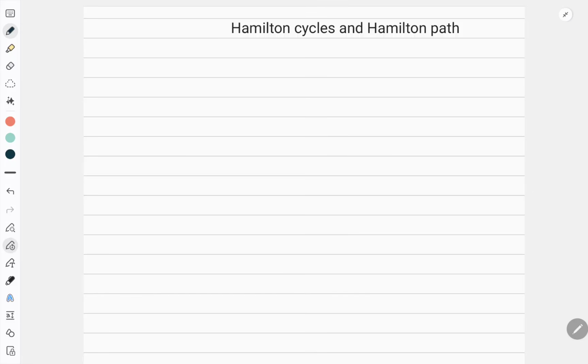Now, what exactly is the definition? Suppose G is a connected graph, okay? So the very first thing I need is a connected graph. What is a connected graph? We have discussed this in the last video. A connected graph is a graph where there is a path between every pair of vertices. Then it is called a connected graph. Otherwise it is disconnected, which can be split into components. Okay, that we all discussed in the last video. The last video was a little bit huge, a 1 hour video, but please go through it. It is very important for this video as well.